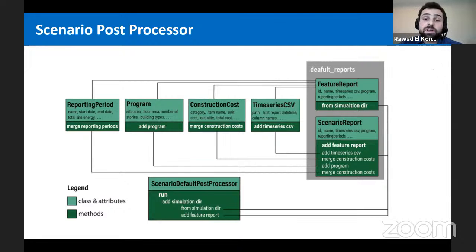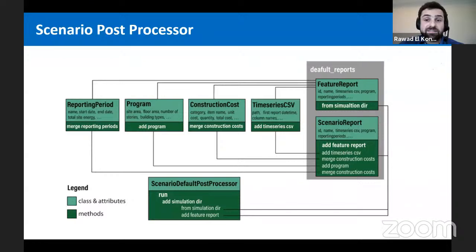In order to ensure that this post-processor works in an efficient way, we had to define a schema for our results. So we created a schema for the features and also a schema for the scenario level results. And this schema defines all the results that the users want to output or visualize.